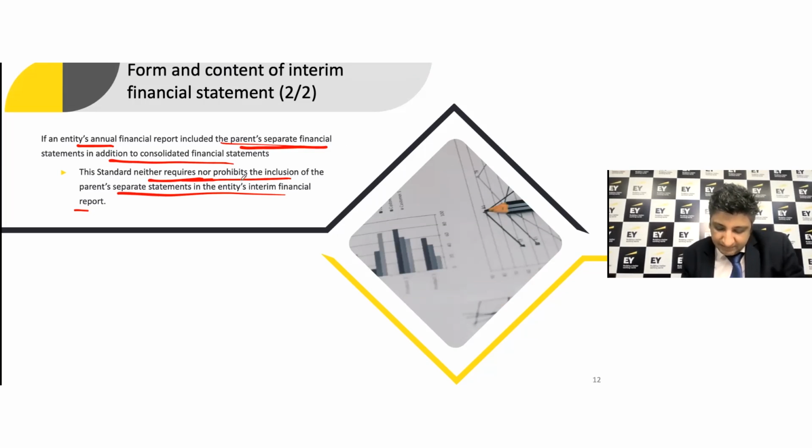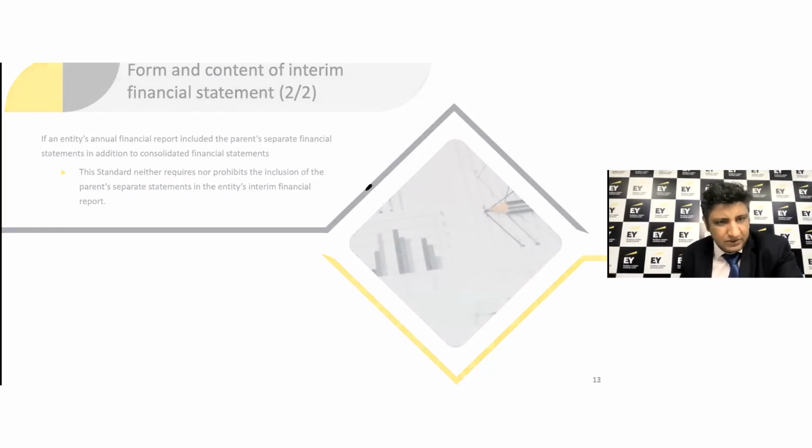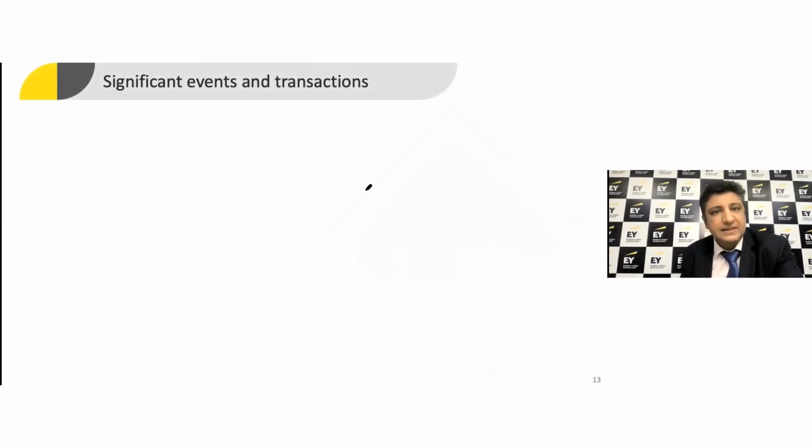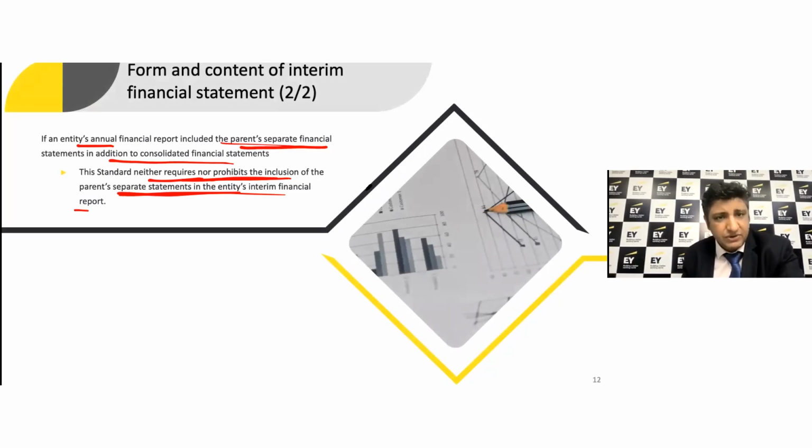This particular standard does not expect you to prepare the interim financial reporting from the separate financial statements perspective also. But then it is desirable to prepare that as well. That is something you wanted to bring as a part of the context when you look at this particular